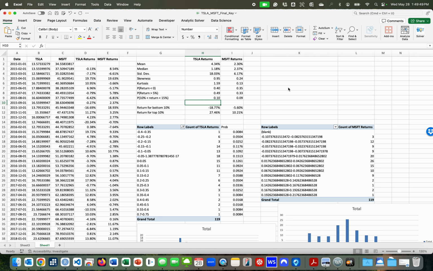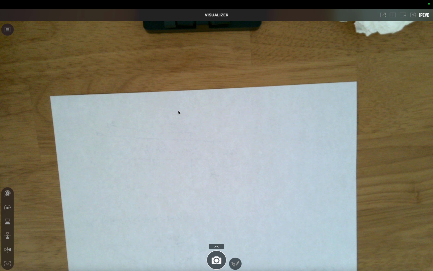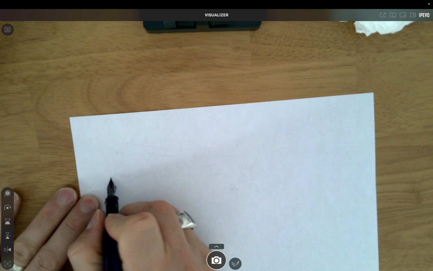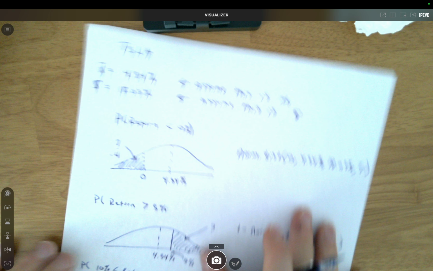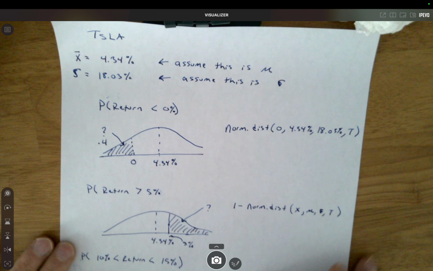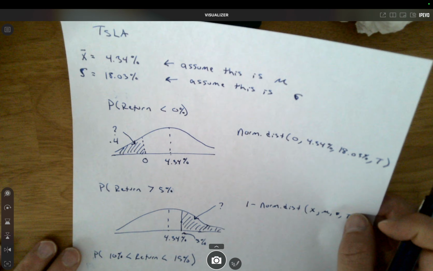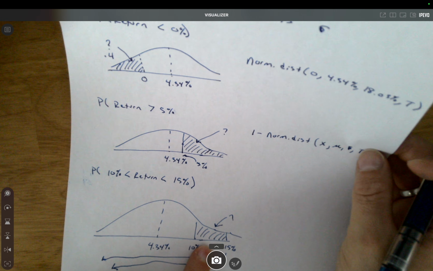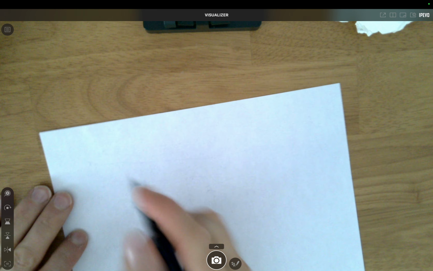Now, if you're working a problem that is the bottom 10% or top 10%, we're working the problem backwards. So in this case, notice for all of these, we're looking for the area. So for all of these, we're looking for this area to the left, this area to the right, or this area in between. When we're working a norm.inverse problem,